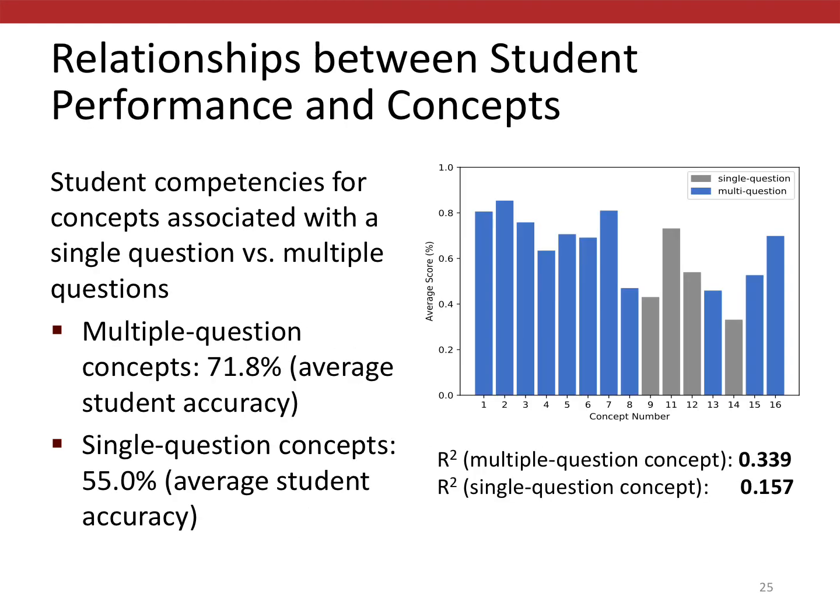We further analyzed the framework's performance relative to the conceptual overlap between questions. A concept is considered a multiple question concept if it shares a correlated question with one or more separate concepts. As indicated here, the student performance on multi-question concepts was significantly higher than single-question concepts, a trend that is reflected in the performance of our stealth assessment framework as well.